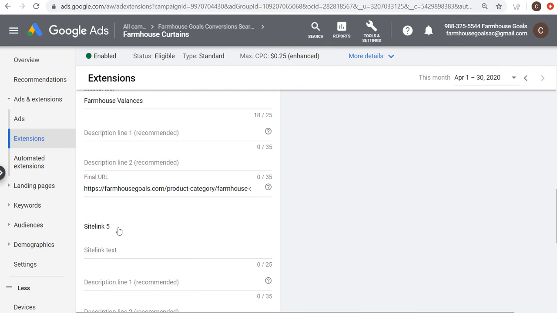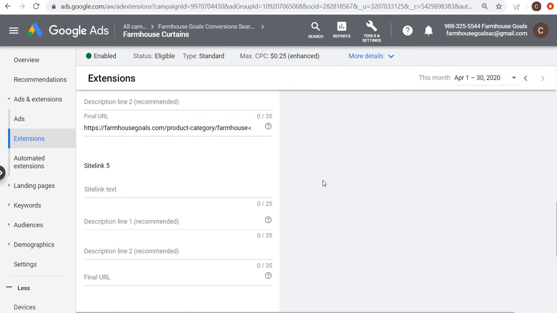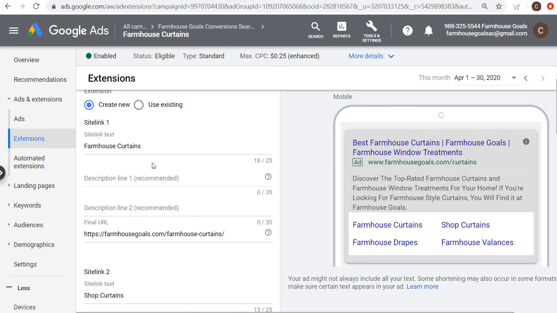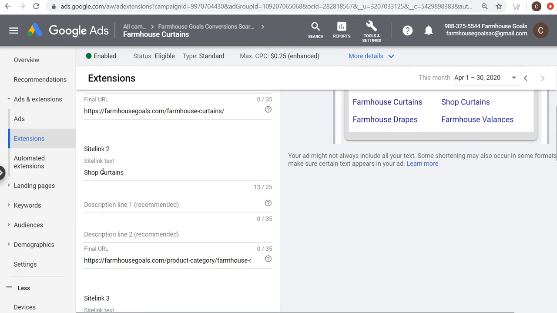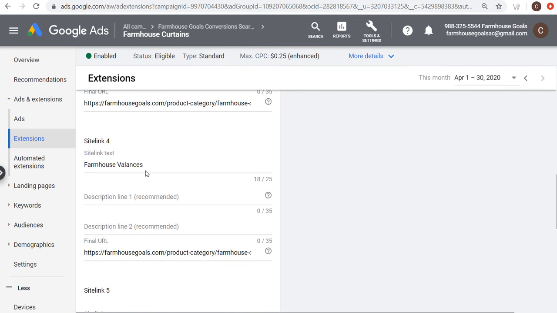If you want to add more site links, just click on add site link. If you don't fill out anything here, there's no problem. But what I recommend doing is using at least 4 site link extensions. So right now I'm going to have 5. So it's going to be the farmhouse gold shop, farmhouse curtains, shop curtains, so I might end up changing that site link text, but for now it's fine, farmhouse drapes and farmhouse valances. So I'm just trying to give people some relevant categories